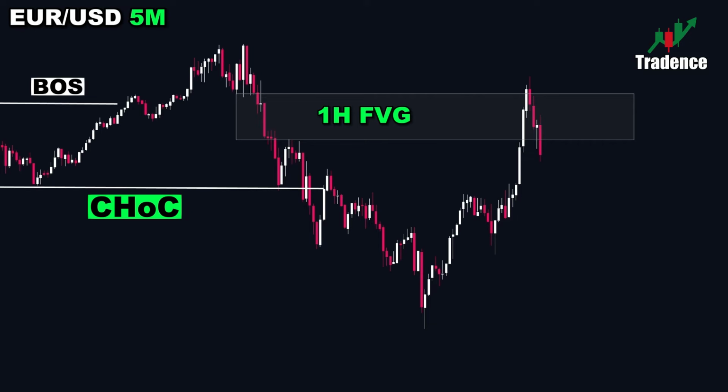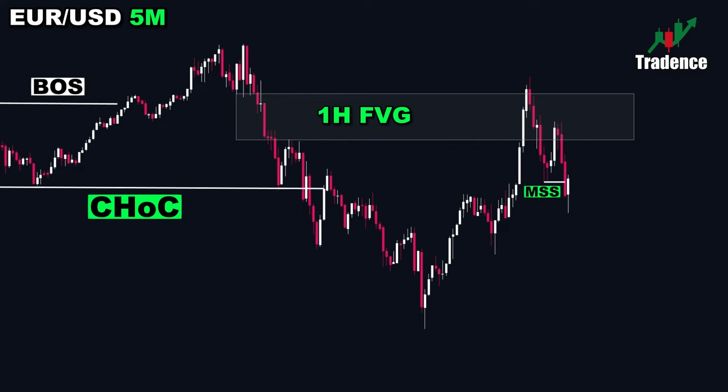Now, taking a closer look at the price action inside the gap, something interesting happens. Once price filled the FVG, it quickly reversed, forming a market structure shift (MSS) on the 5-minute chart. This indicates that buying momentum is fading, sellers are stepping back in, and price is realigning with the 1-hour time